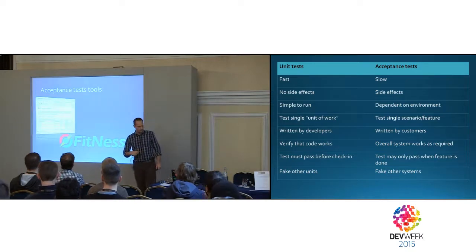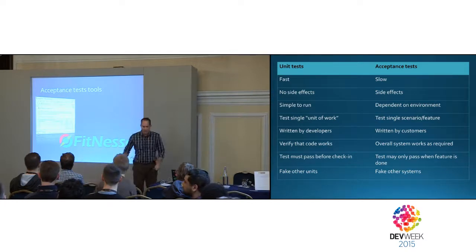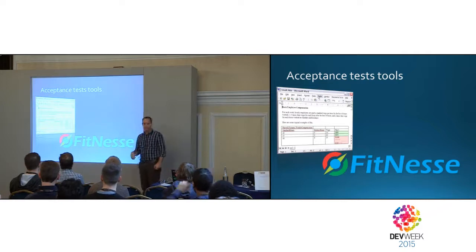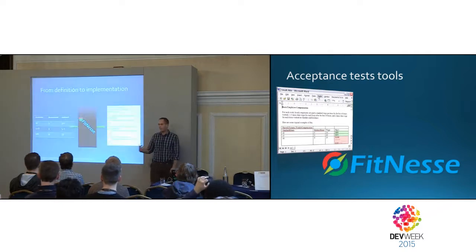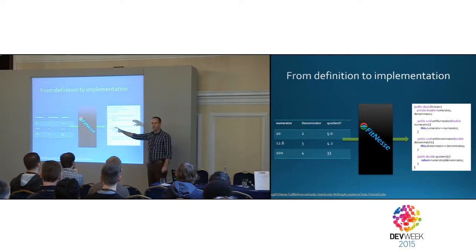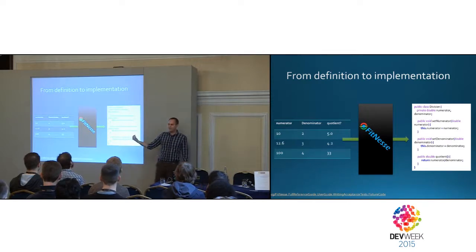As I said, the two tools that started this movement were Fit and FitNesse. You write the requirements actually in Excel, or FitNesse in a wiki. The idea is that I create a sort of table with the inputs and outputs, and I use FitNesse in order to connect that table to actual code. It will run the actual code, and I can see in the wiki red for failing tests and green for passing tests. That's the FitNesse or Fit way.